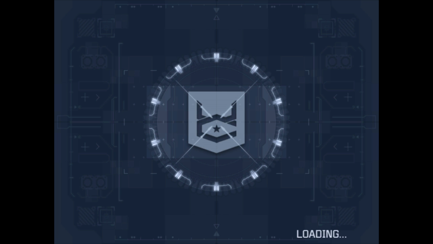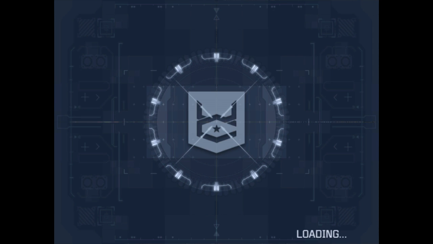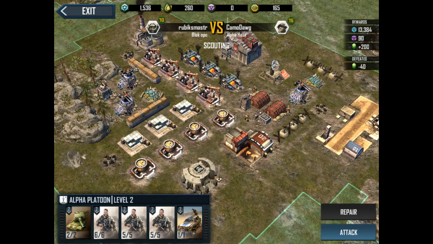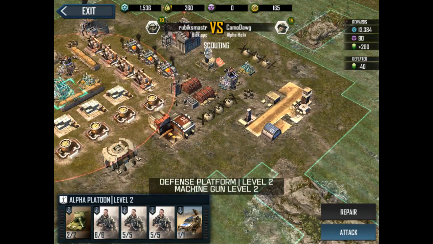Hmm. Come on. You. I think I said it was level 15. I should have checked. If he's level 15, this is not gonna happen. Yeah, that's level 15. That is a flak gun. So, holy smokes, I only have to take out one turret, and then I can just...